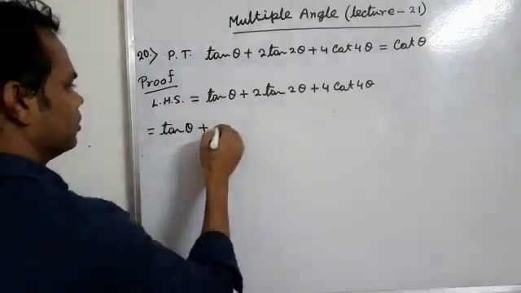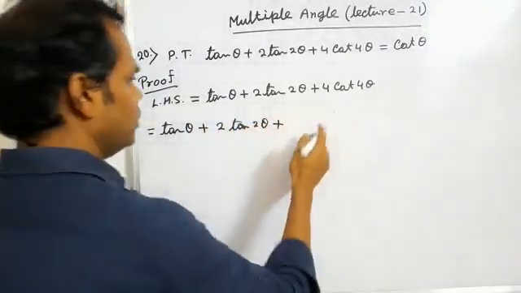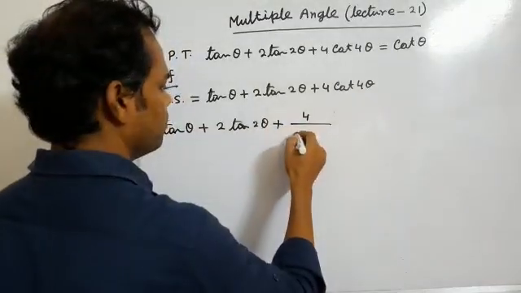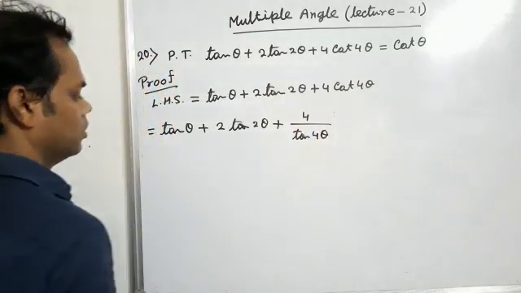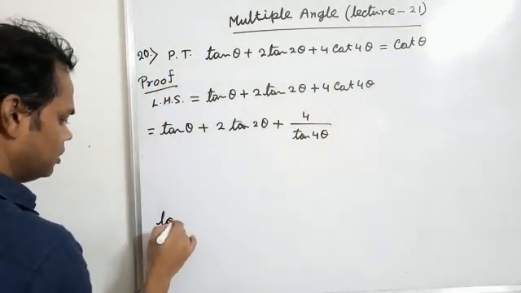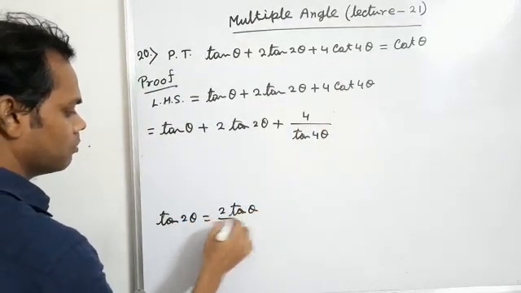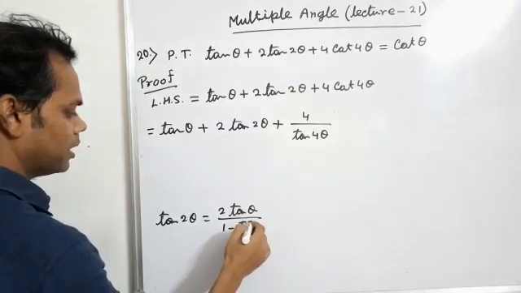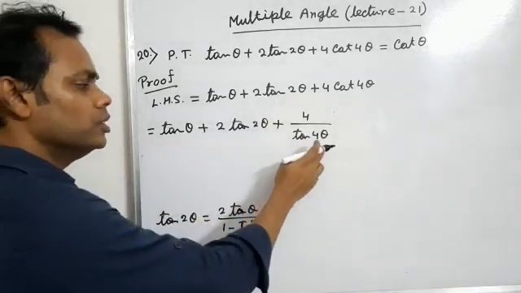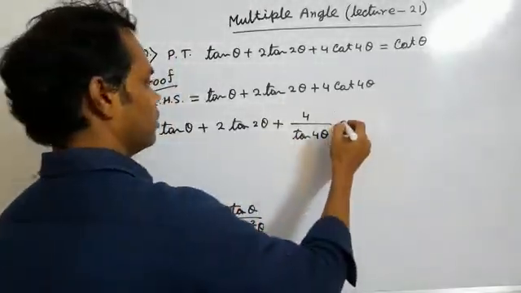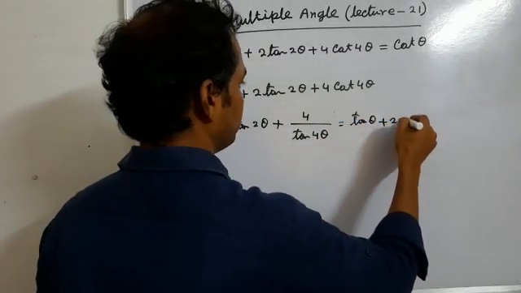Tan theta plus 2 tan 2 theta plus 4 cot 4 theta can be written as 4 by tan 4 theta. The formula of tan 2 theta is 2 tan theta by 1 minus tan square theta. Here 4 theta can be written as 2 into 2 theta. So tan theta plus 2 tan 2 theta